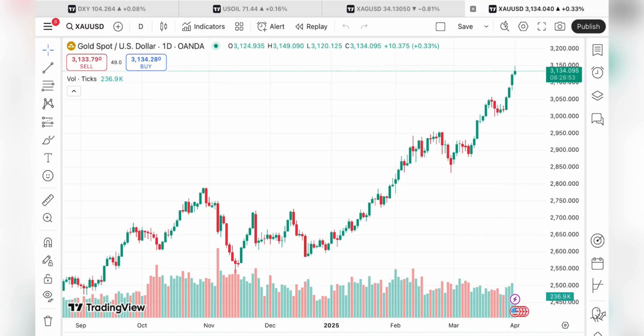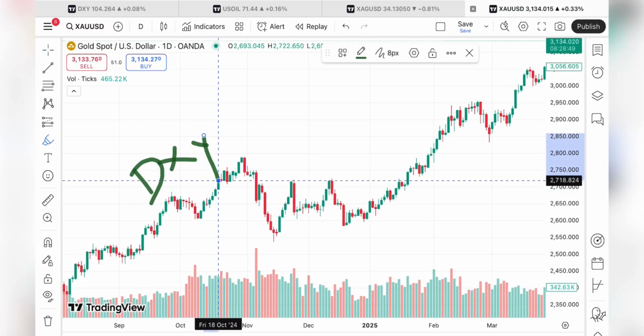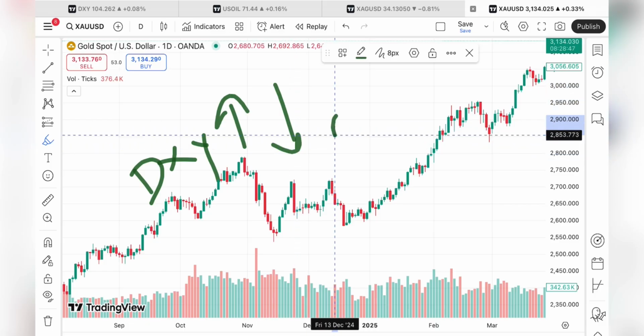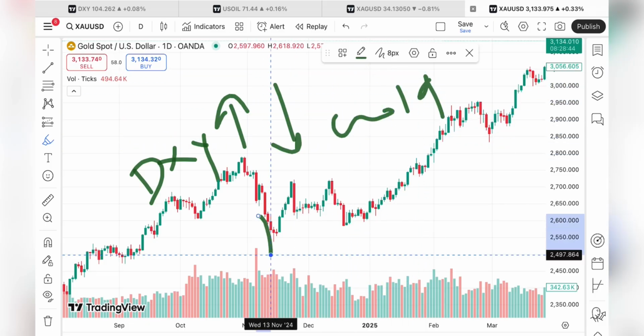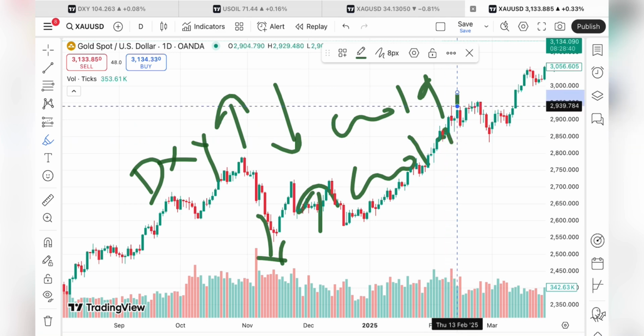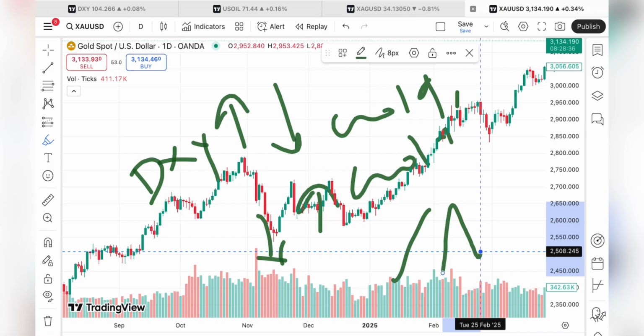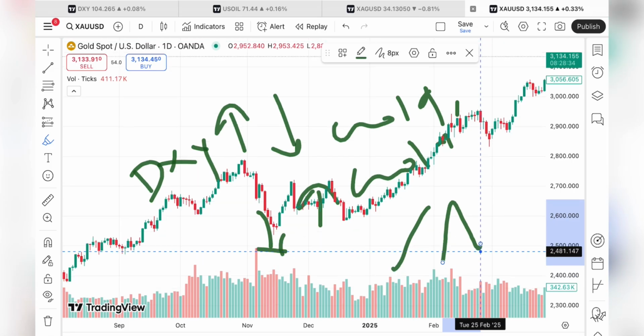Chances are, you have to understand, when the dollar index starts going high, we see the price of gold comes down. If the dollar index starts going down, we see the price of gold goes up, even silver, crude, and natural gas, because they are inversely related with the dollar. Okay, so that was the dollar index. Now if we look at this particular chart,